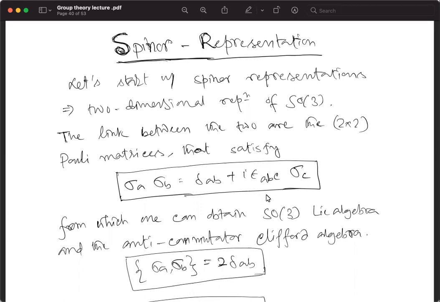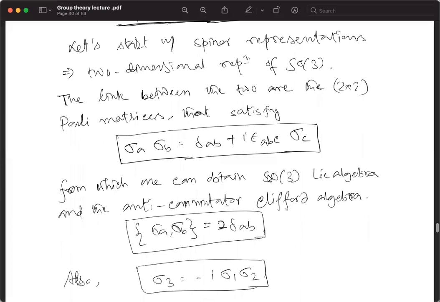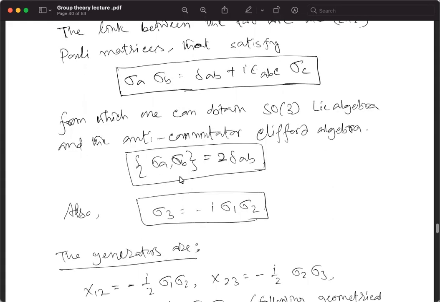epsilon_ABC is the structure constant for the SU(2) algebra, which is the fully antisymmetric Levi-Civita tensor. And from this form we can construct the SO(3) algebra, and also the anti-commutator algebra. We have the anti-commutator of sigma_A and sigma_B equal to twice delta_AB, and the product of two Pauli spin matrices is proportional to the third one, that is sigma_3 equal to minus i sigma_1 sigma_2 and